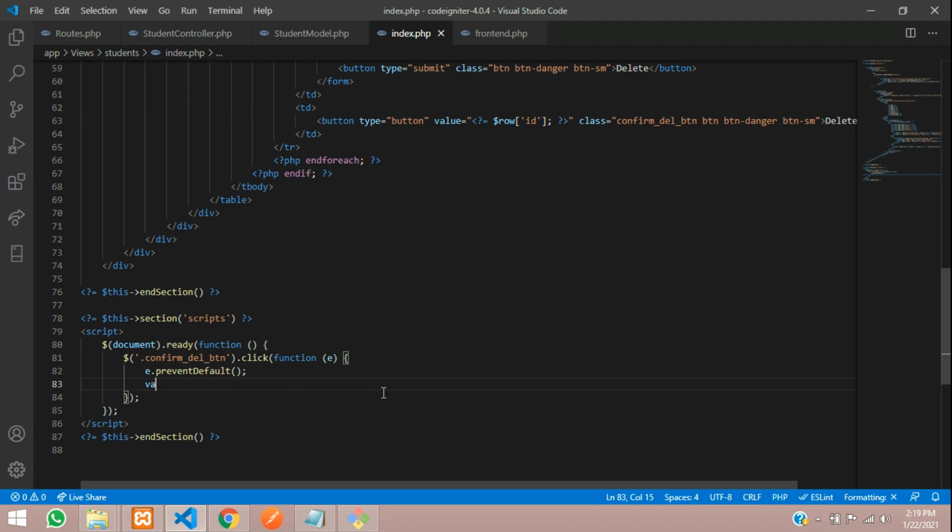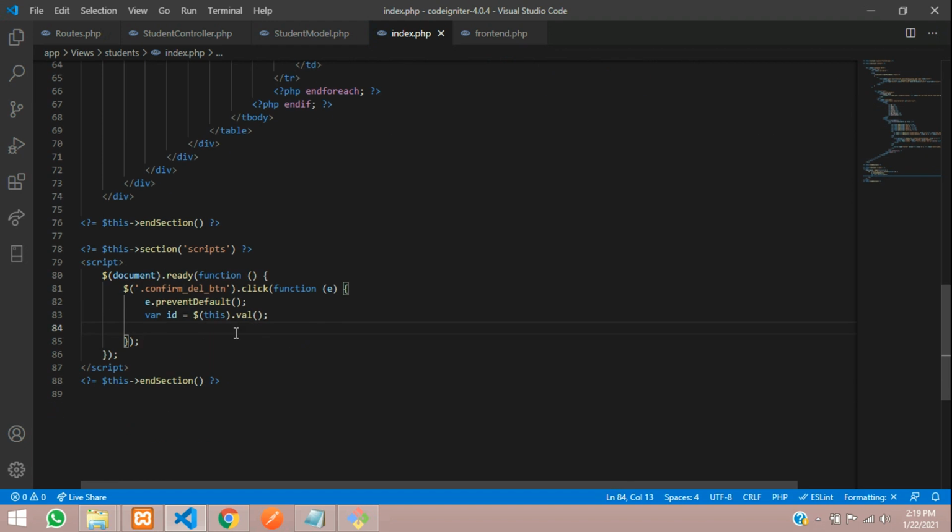And now what's the data that I want to fetch? Let's create a variable called id, equal to, inside this dollar bracket, the value. So how will you get that? When confirm is clicked, $this dot val should get the data. That's it. Once it gets, then you have to check with that. Before checking, we will use a confirm function.